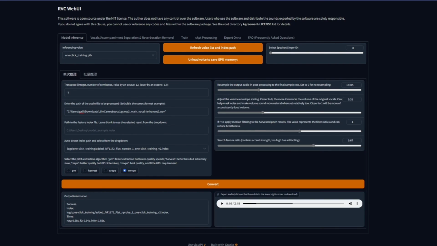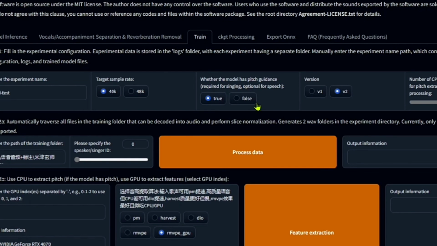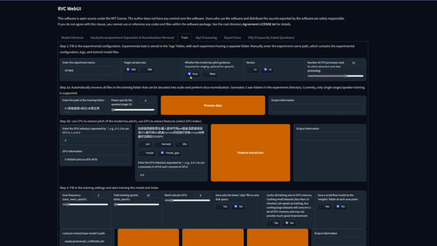Okay, so that was pretty good too, but there were some parts at the end where it started auto-tuning and getting a little deeper and crazy. So sometimes there is a benefit to choosing false here when you're just doing straight up speech, but it's going to be very monotone, which is the only problem. You might want to just play with the model that you created with true to try to get it perfect, but you might have to cut it up into clips to do model inferencing for those specific